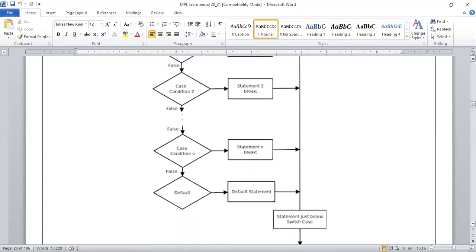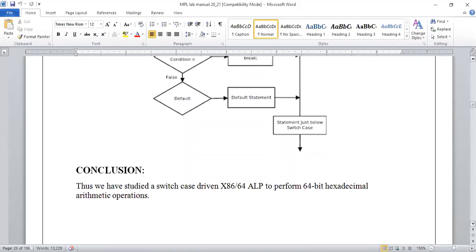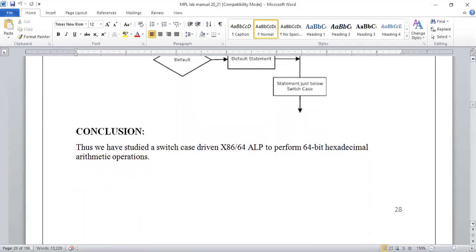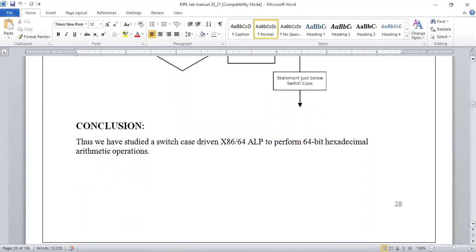That is the normal logic we apply for any switch case. These are some theoretical aspects. Now you are going to see the actual implementation.